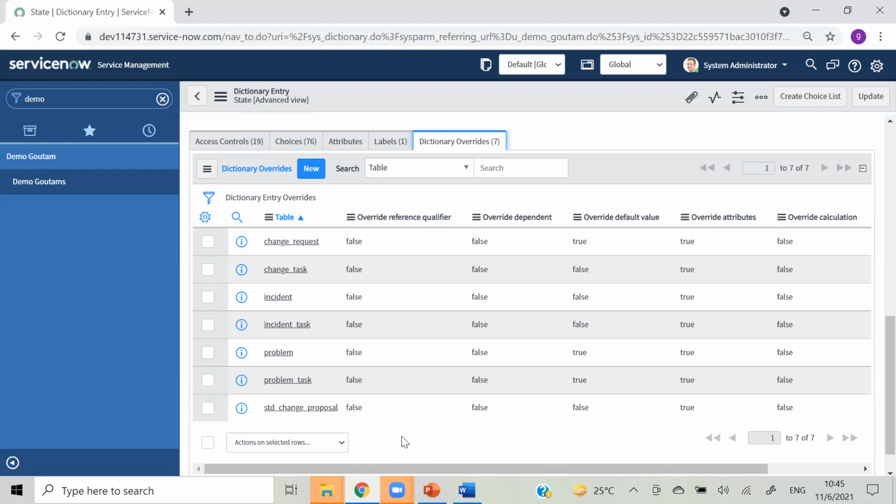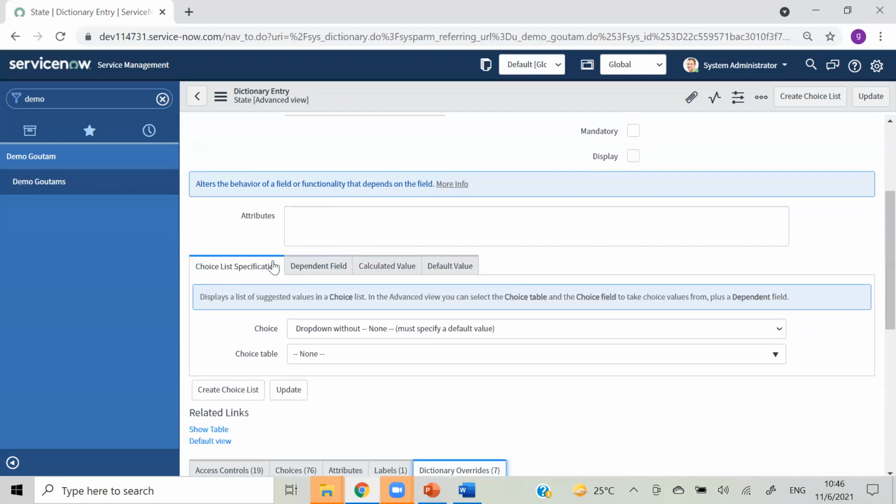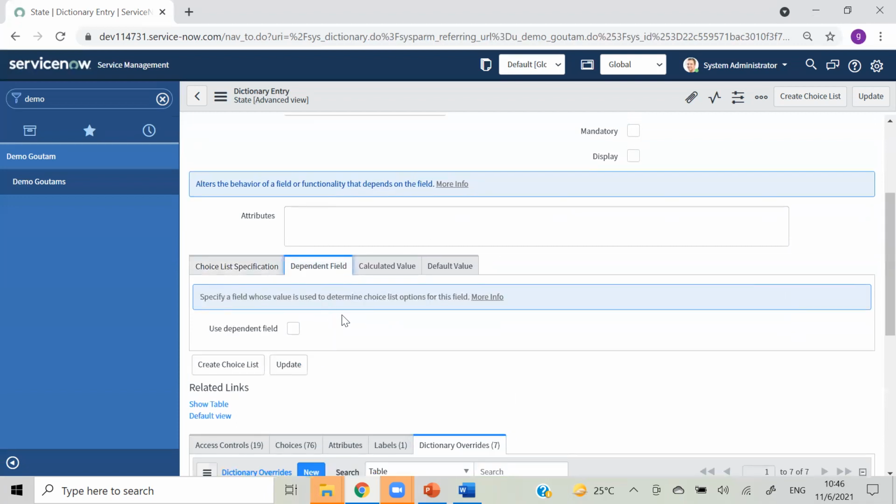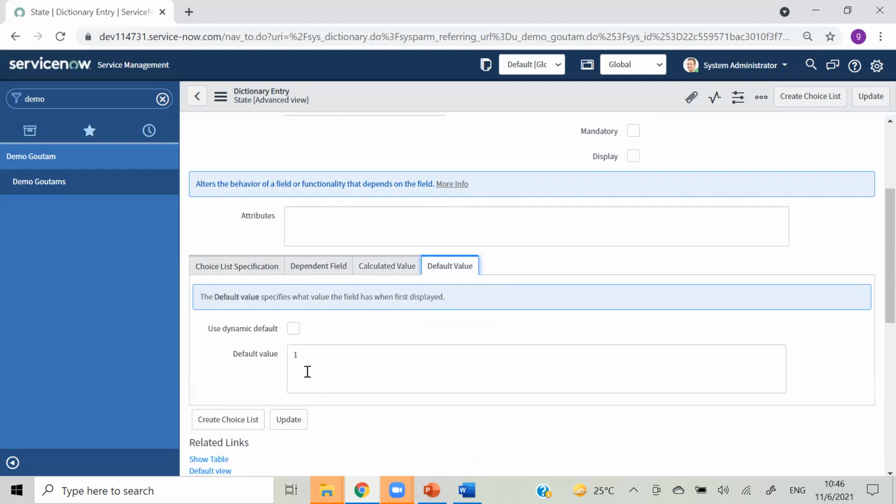Okay, and if you want to override, how can we do that? Add here the override value, default value, true, true, true, true. Okay, let's see. It doesn't have any default value. Here also nothing. And in default value, you can see its default value is 1. So that is why whenever you open any form, let me show.